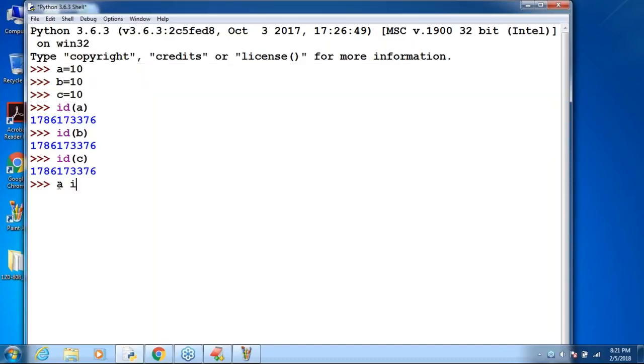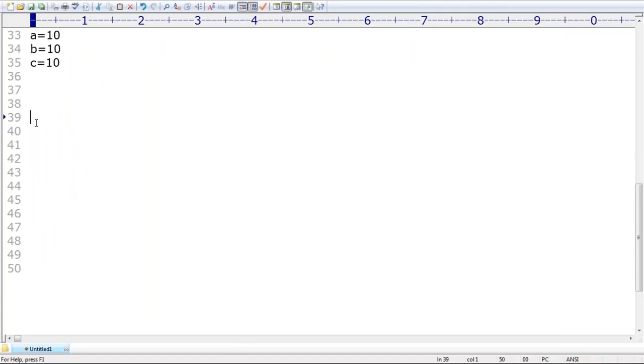If you want, you can use A is B, or B is C, or A is C. Are you getting? Is means whether both are pointing to the same object or not. For that purpose we can use the is function, right? But take very, very special care. Reusing the same object,